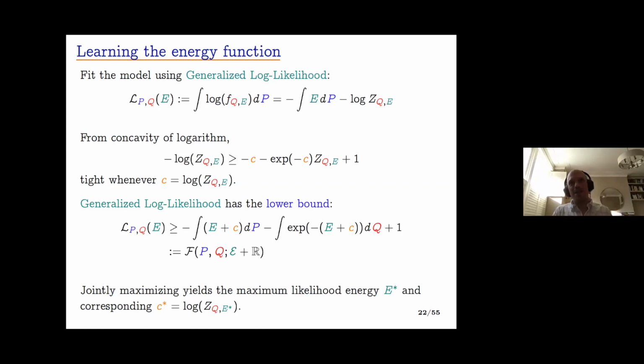The likelihood that we use, this generalized log likelihood, which is actually the slide I have up here, does reduce back to Donsker-Varadhan in the event that KL is well defined. However, the generalized log likelihood is also well defined when P and Q have disjoint support. And so it's still a meaningful quantity to maximize in this case. So the likelihood isn't meaningful because the ratio isn't defined, but you can still fit a model by maximizing generalized likelihood.